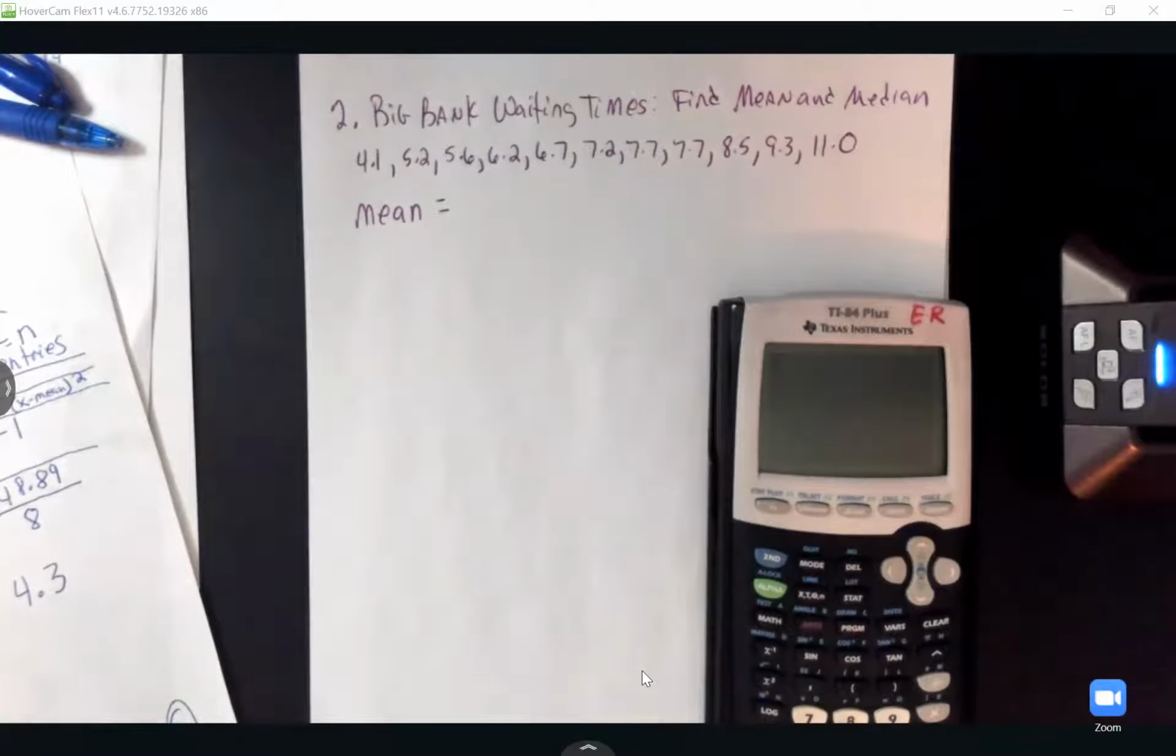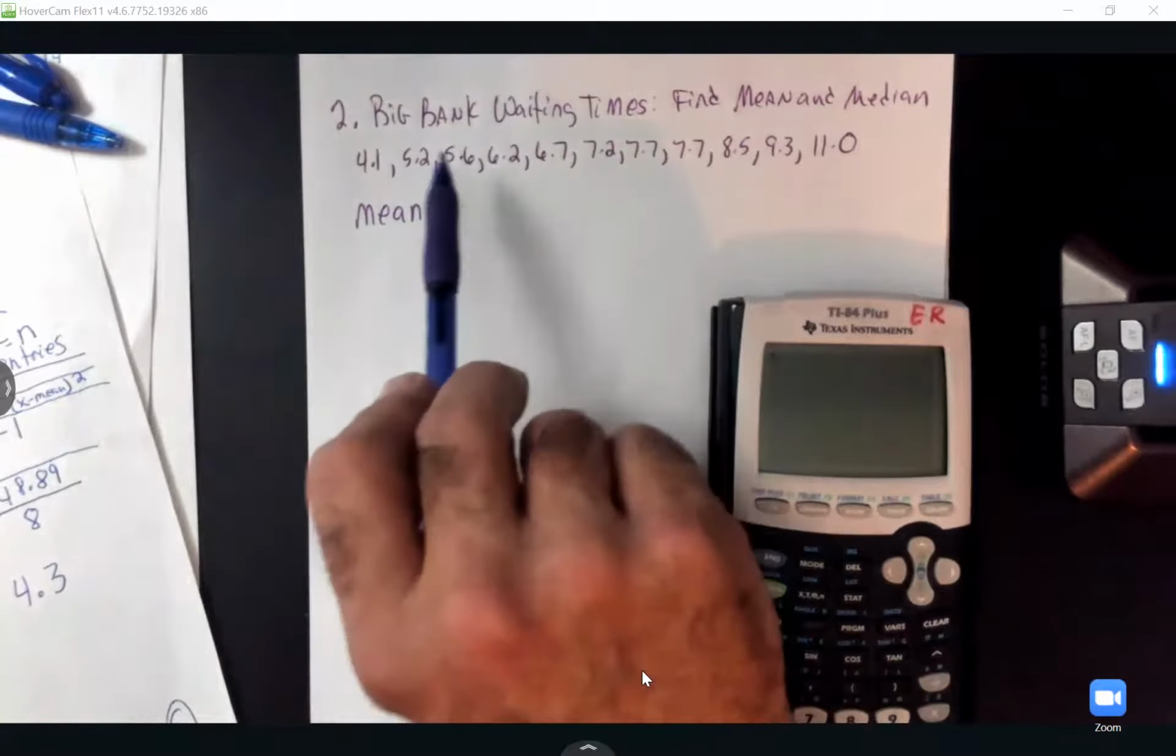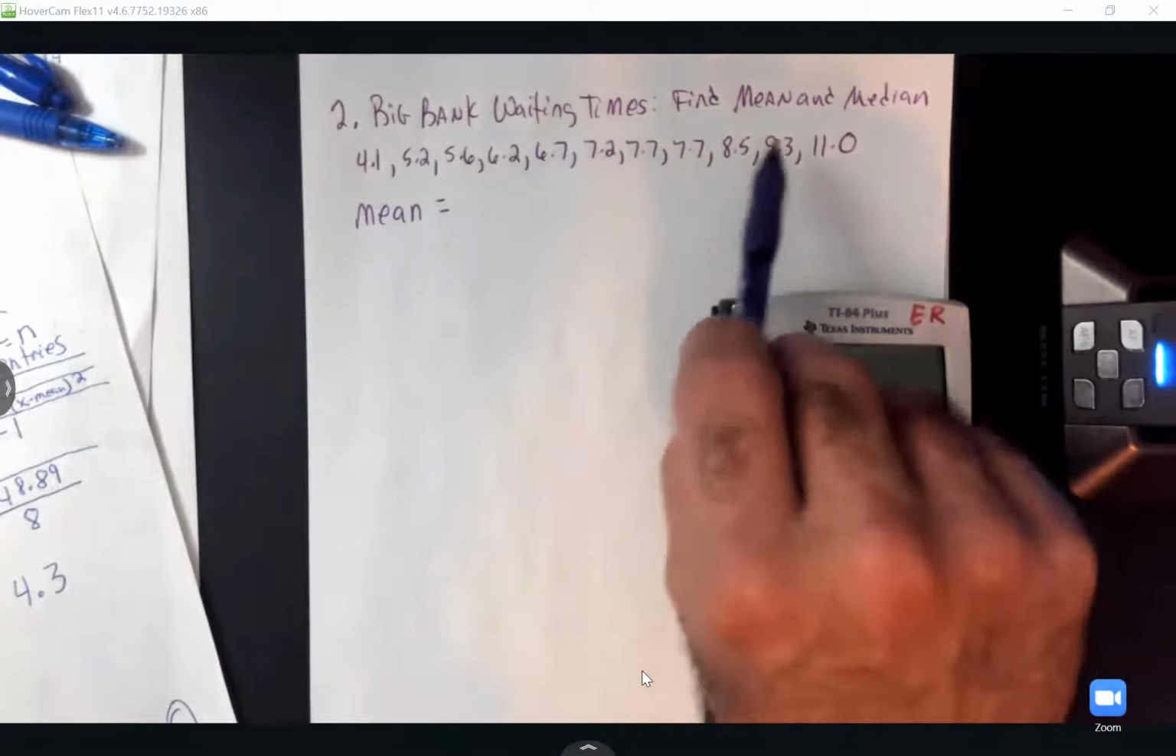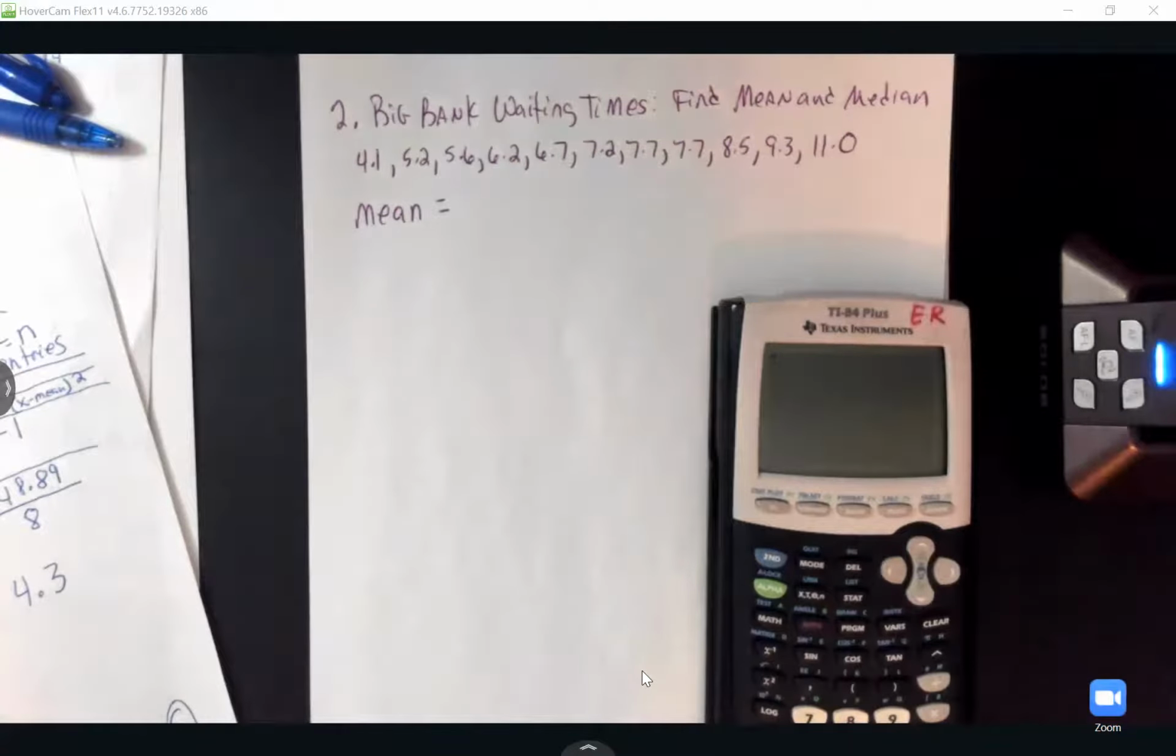So y'all want to find the mean, how y'all want me to do it? Add them all together and then divide by the number of numbers. Perfect. So we had 1, 2, 3, 4, 5, 6... so we got 11 of them. So we'll divide by 11. So good job. So 4.1,